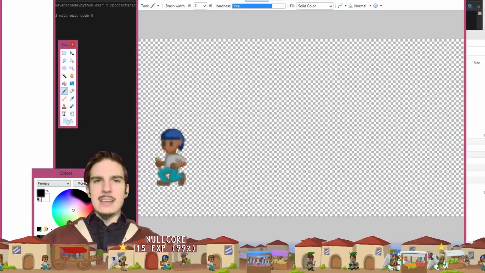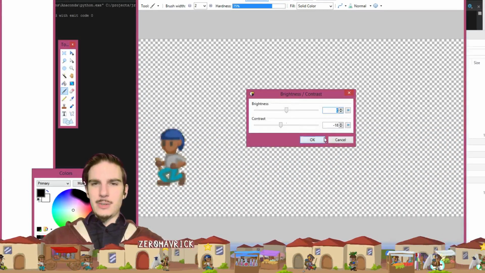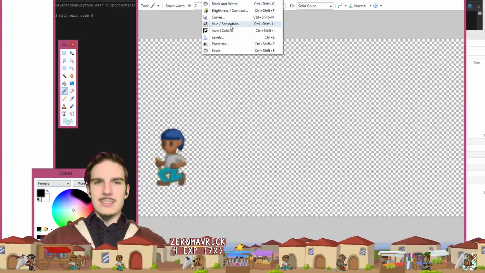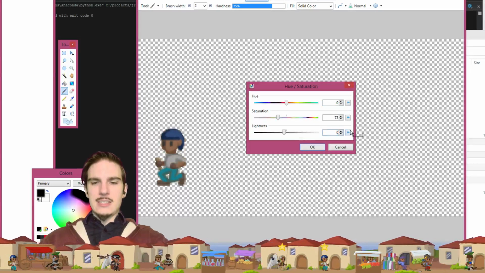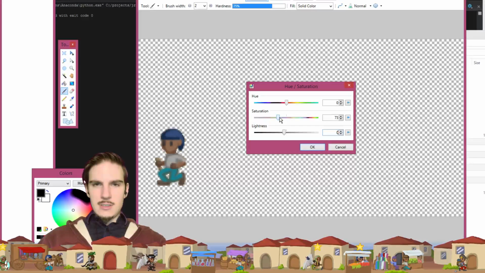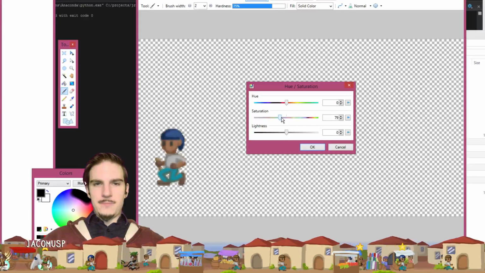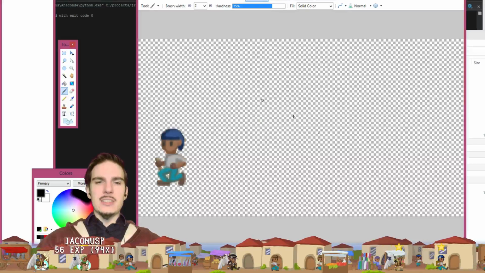It'd be really nice if brightness, contrast, hue, and saturation were all on the same panel, so I didn't have to jump back and forth between them. All right, so let's not decrease the lightness. Let's just not desaturate them as much as we had there. Just because right now they